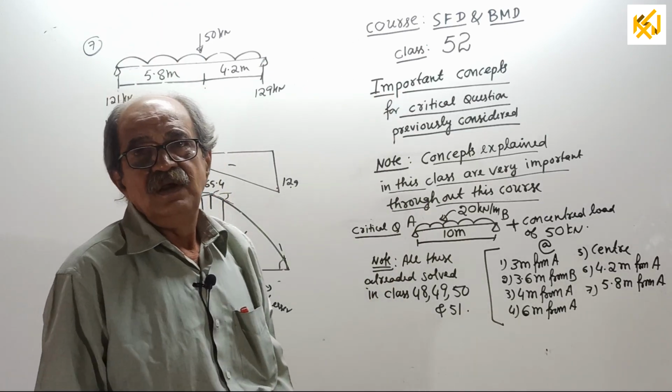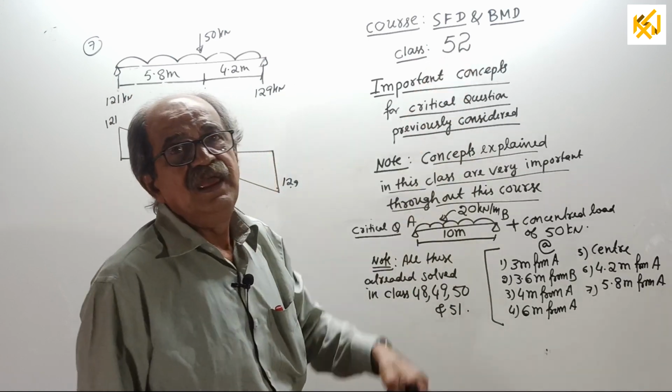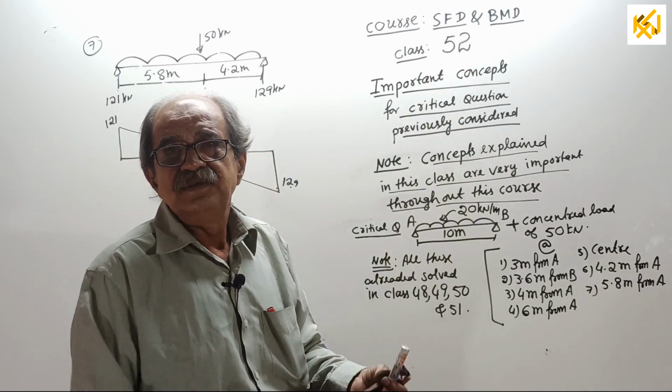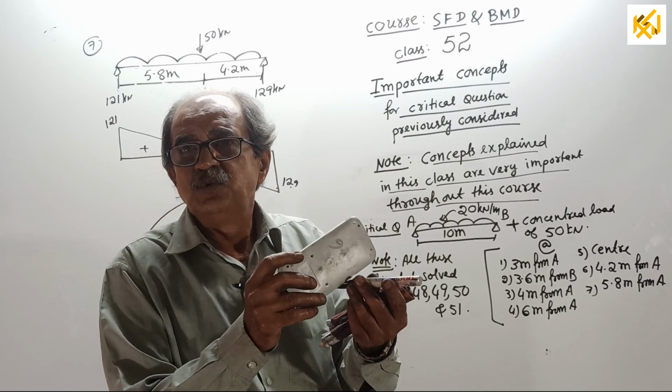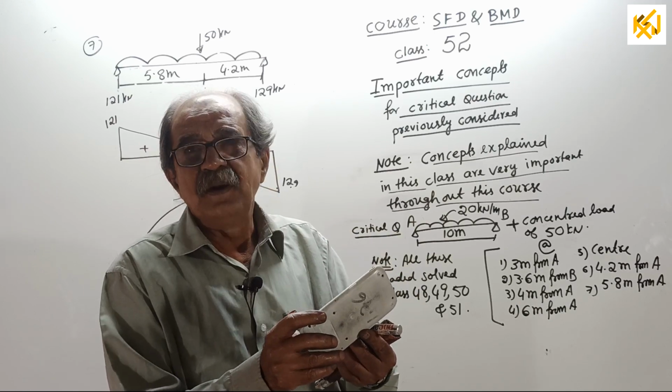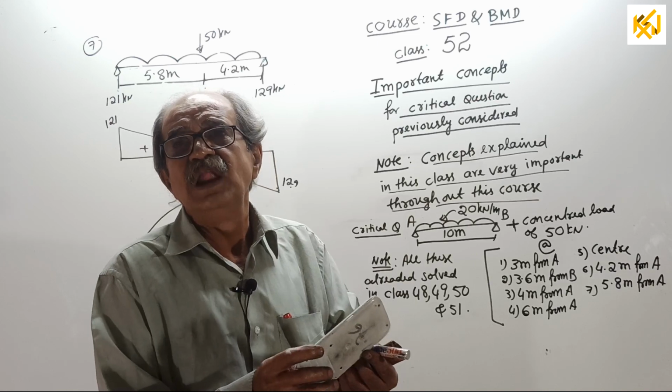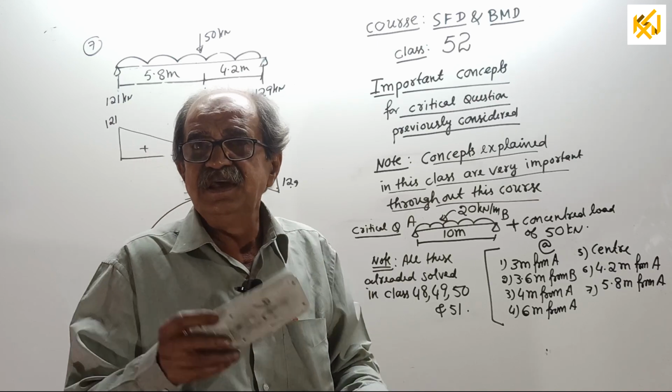Okay, now in the next class number 53, I will come to once again a simply supported beam with UDL, with not 1 point load but 2 point loads. After completing that one, I will go to partial UDL with point load. Now then the series of questions will